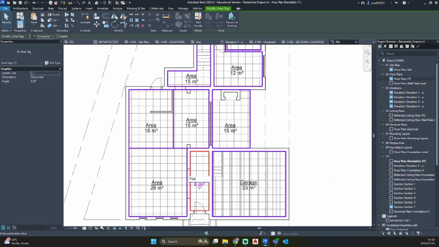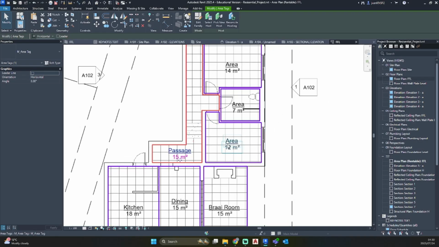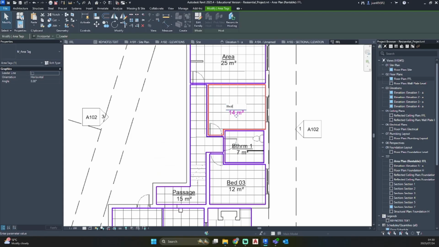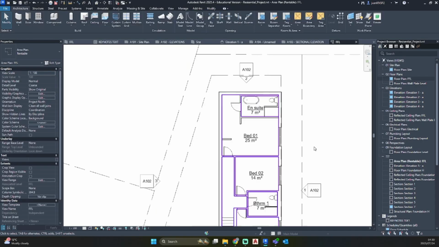Garage, foyer, lounge, kitchen, dining, braai room, passage, bedroom 03, bathroom 1, bed 02, bed 01, ensuite.